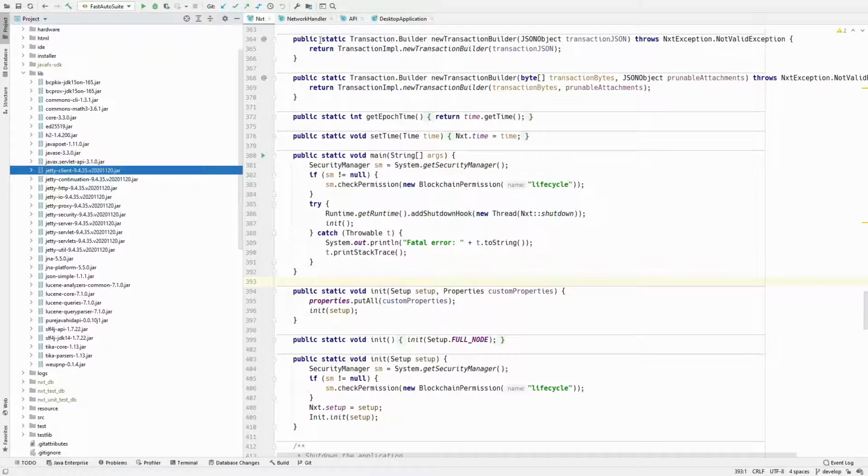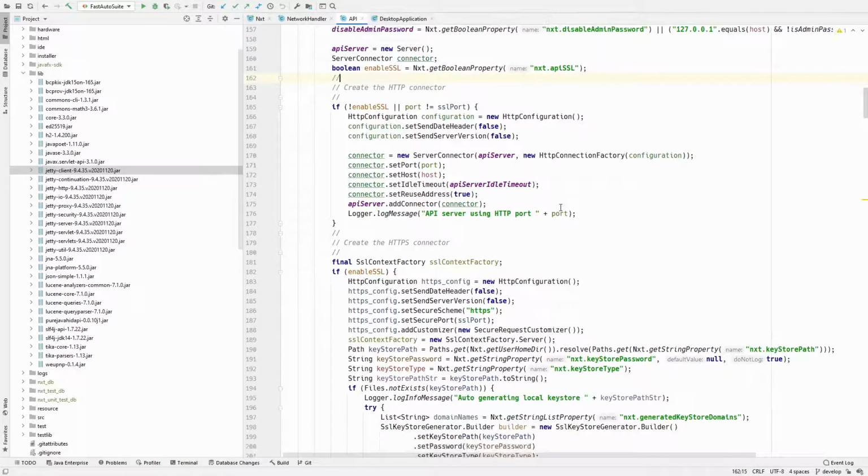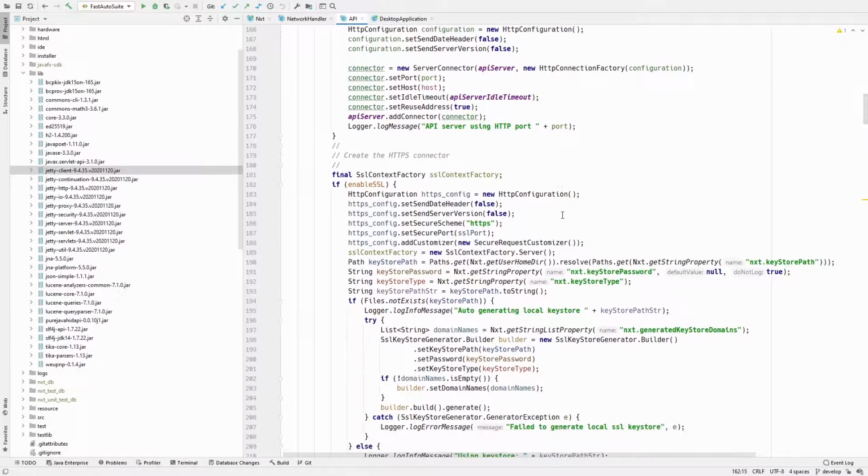So Jetty is started from this subsystem, which is called the API, and it reads some properties about the configuration, about ports, the network interface that you want to listen on, if it's SSL, and the certificate, and so on. So it starts this Jetty with the different ports that you need.